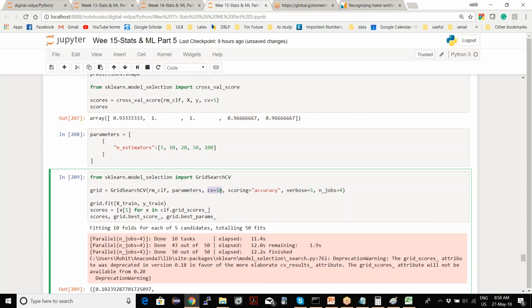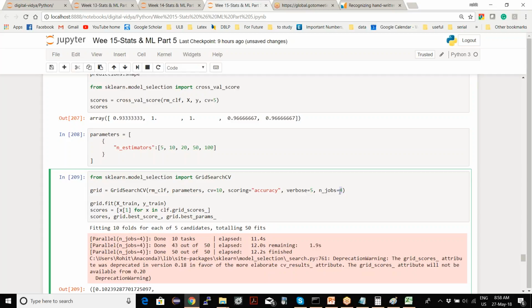I am saying CV is equal to 10. Grid search always uses cross validation to find the accuracy, so I'm saying for cross validation use 10-fold. The scoring I'm using is accuracy; the default is also accuracy. Verbose is how much printing I want. And all these runs could happen in parallel, so I say, okay, run 4 jobs in parallel.